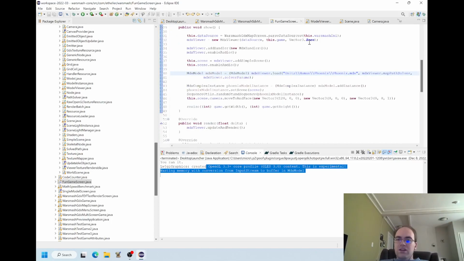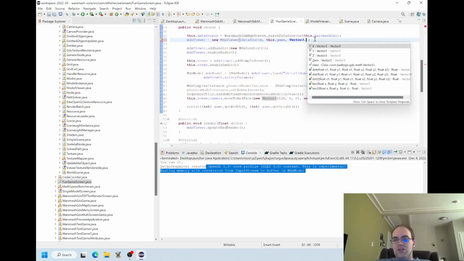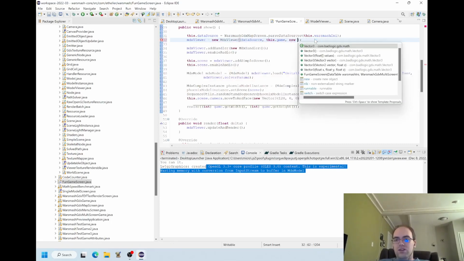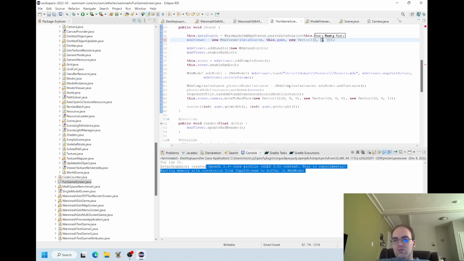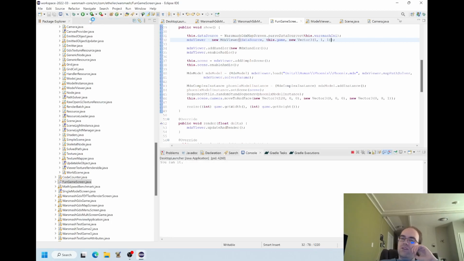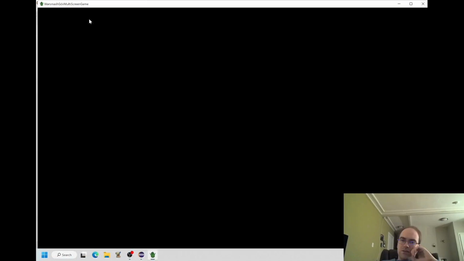One possibility, I guess, might be this vector3.0, because I think this is the lighting. So I wonder, can I do vector3.1? Nope, they don't have that. Okay, new vector3, 111. So that would give us some lighting, actually. That's an interesting point. By default, I did not give us any lighting. It seems that the light is not the only problem.